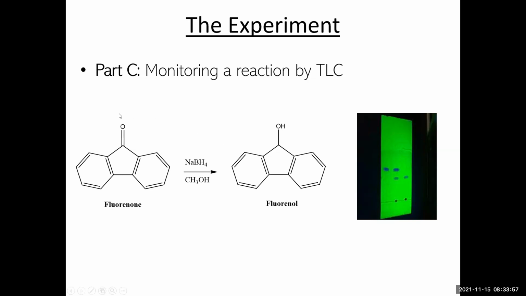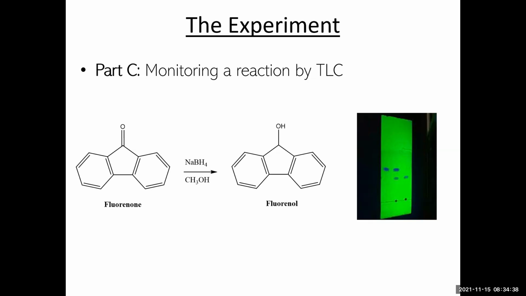And then this reaction is specifically a reduction of a ketone to an alcohol. Now, we haven't covered reduction reactions in the lecture component of this course yet. Typically, that's covered at the very beginning of the second semester of organic chemistry. But you don't really need to have looked at the reaction before to just note that we are going to convert a ketone to an alcohol through the use of sodium borohydride as a reagent and methanol as the solvent for the reaction.